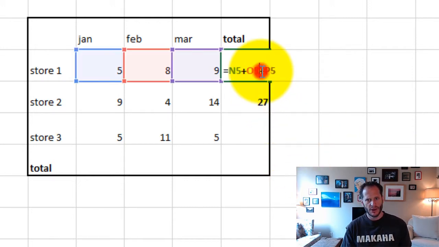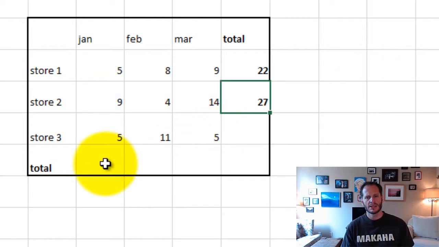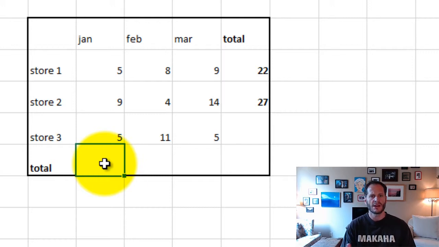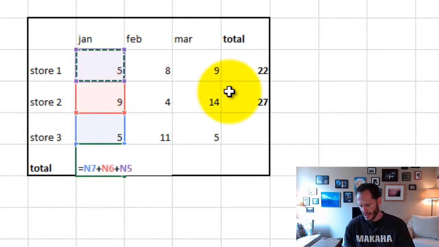That's because this formula here adds up the 3 cells to the left. And as I move that formula to somewhere else, it does the same thing. It adds up the 3 cells to the left. Basically what that means is relative to where a formula is placed, it will continue to reference the same cells relative to its location. So if I write a formula here, that one plus that one plus that one, enter,